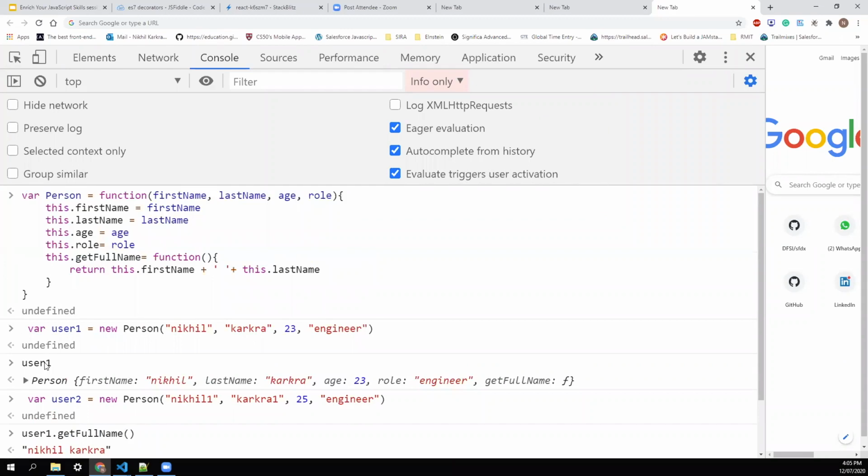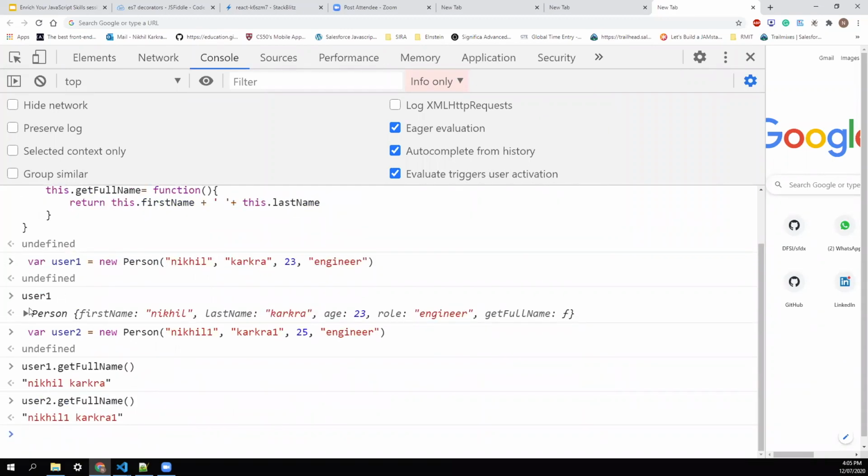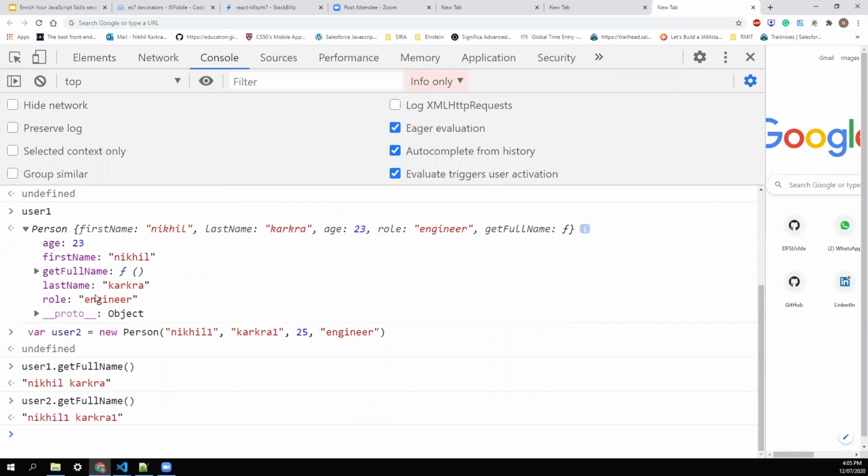But let's open user1 here and see. The user that we have created has properties that are fine, but it also has a method, and if we create 100 or 200 users, this method is the same and redundant. We are appending this method to each object every time, and that causes a lot of performance issues.